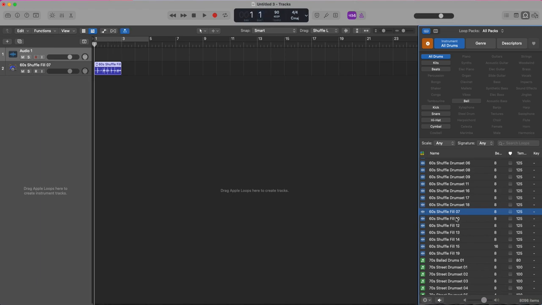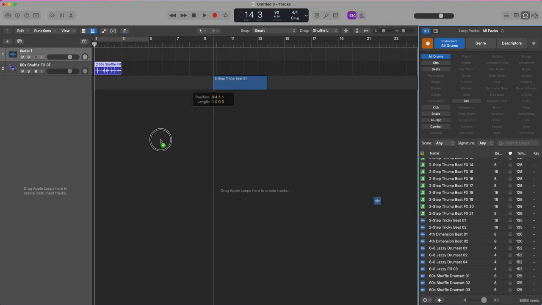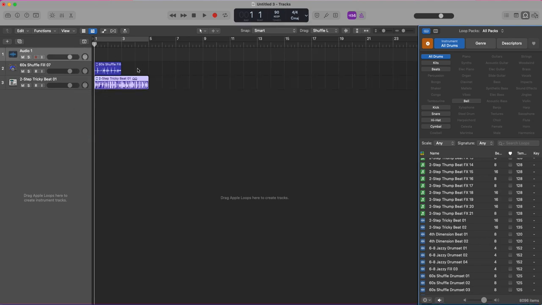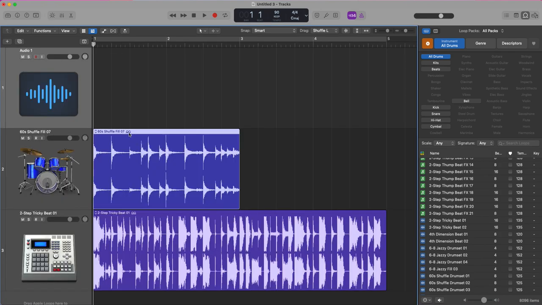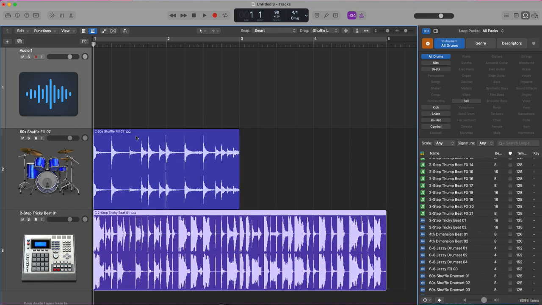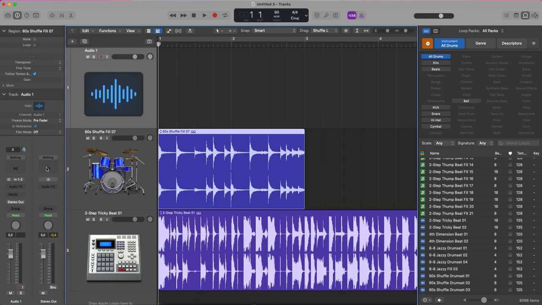If I import, for example, a 16-beat Apple loop, it will be 4 bars. If you look at the symbol, this is a stereo Apple loop. It is a stereo symbol, but with an underscore.